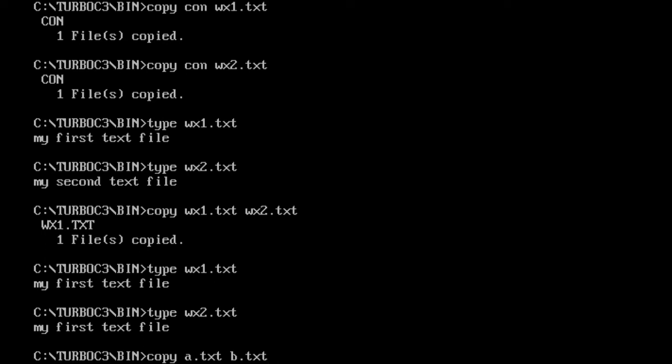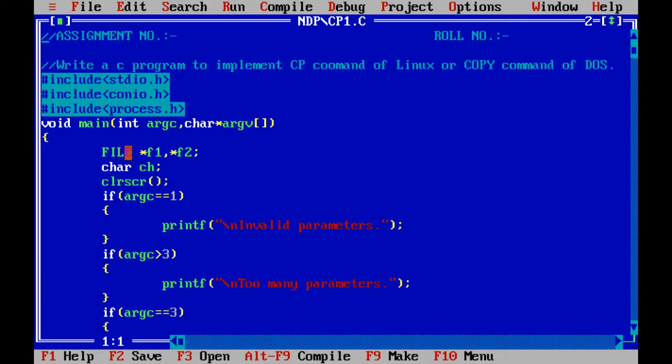So this is how it works, and now we are going to replace this copy command with our C program, our C exe file, and perform the same working. So let me exit from here.